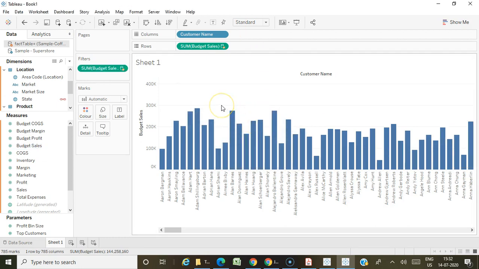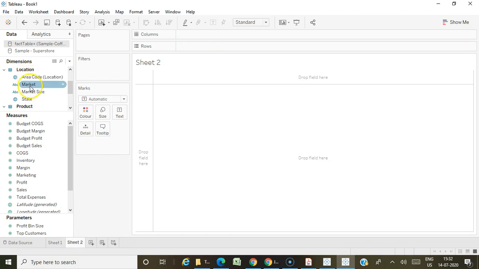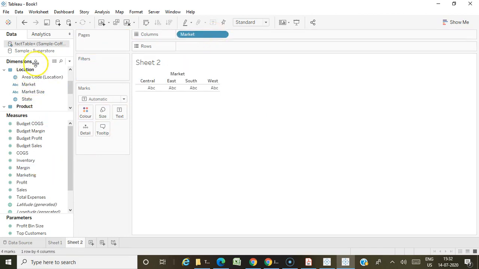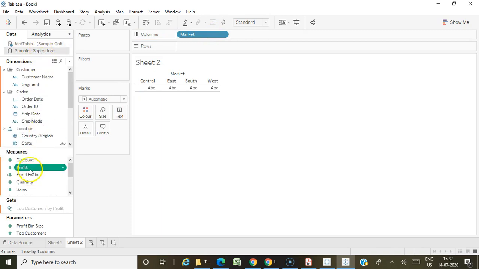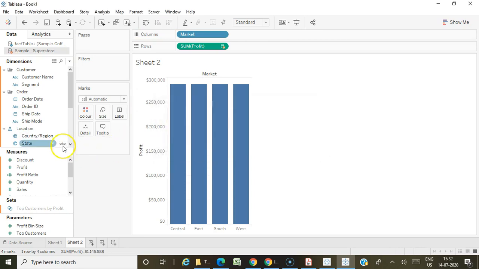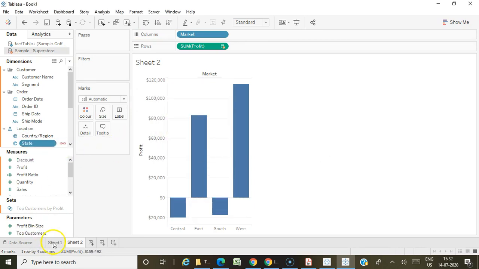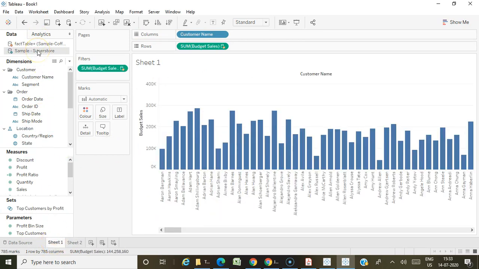And one more important thing: how are the primary and secondary sources decided? From whichever data source you pull your first record to create your visualization, that will be termed the primary source. You can see in sheet 1, blue is on Superstore and orange is on coffee chain, so Superstore is the primary source and coffee chain is the secondary source.